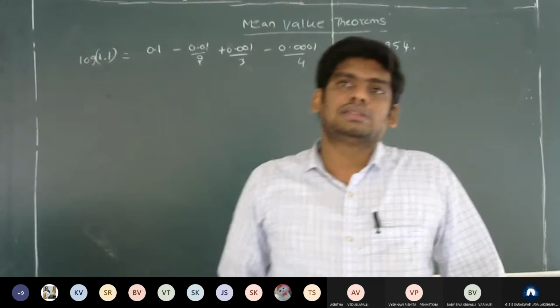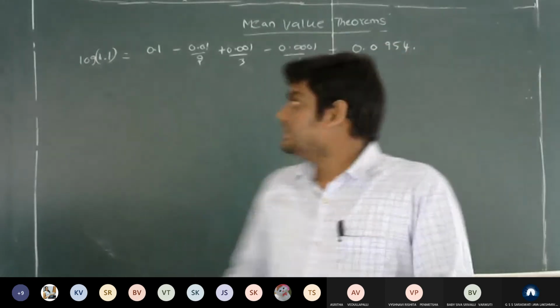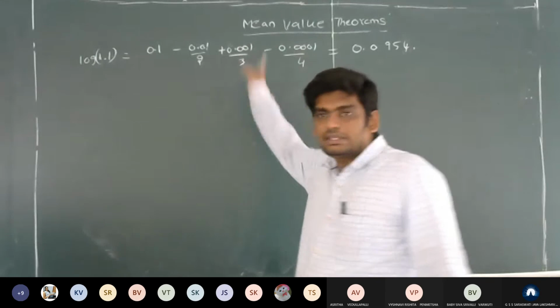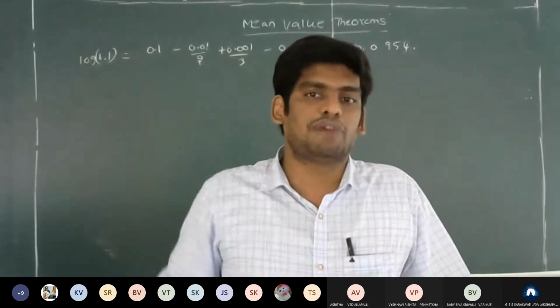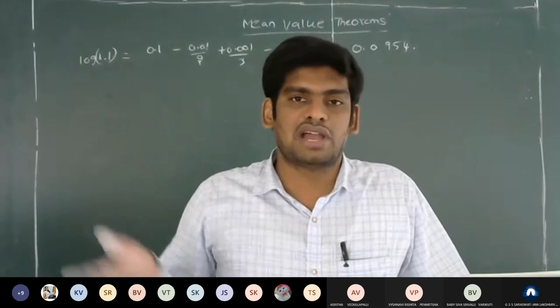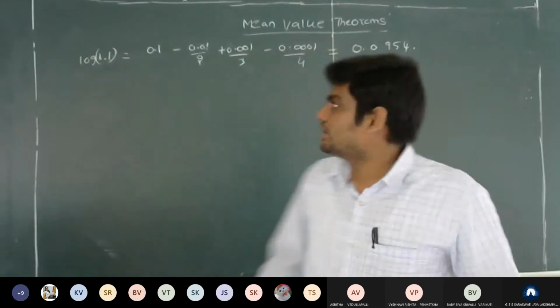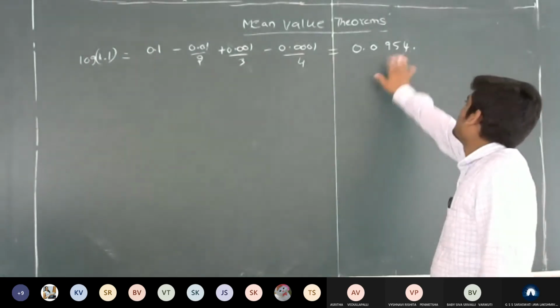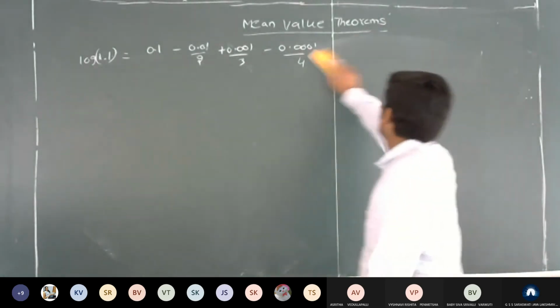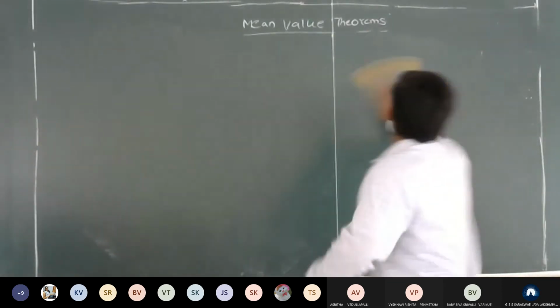So that is nothing but the Taylor series about the point x is equal to a. Then you will get the Taylor series. In the Taylor series, you just replace whatever they ask for. So not only 1.1, we can calculate any value also, where x is greater than or equal to 0. Based on that, finally we will get the value 0.095. So this is the question related to the Taylor series.